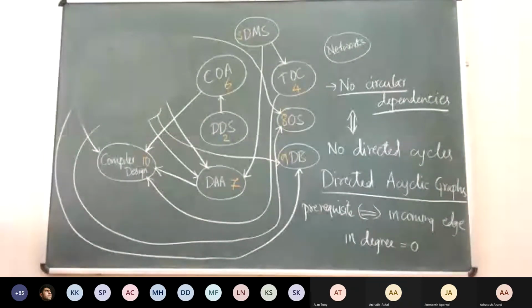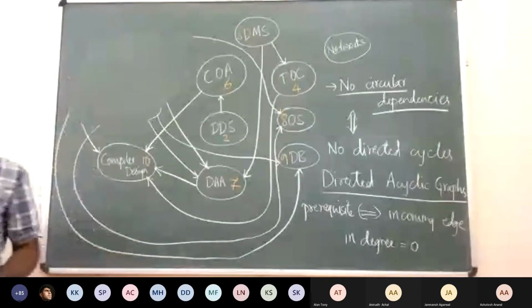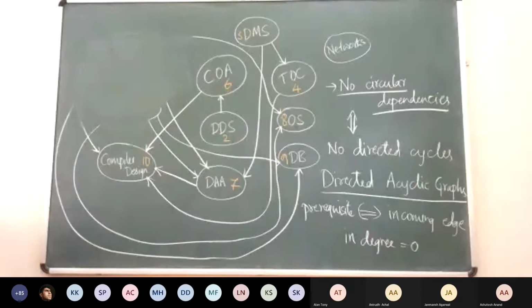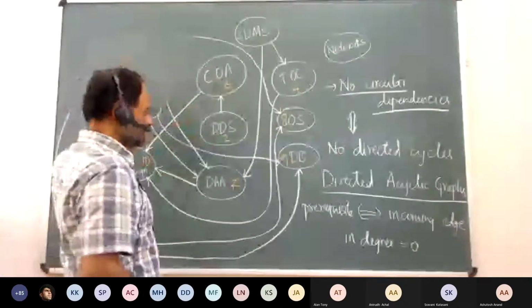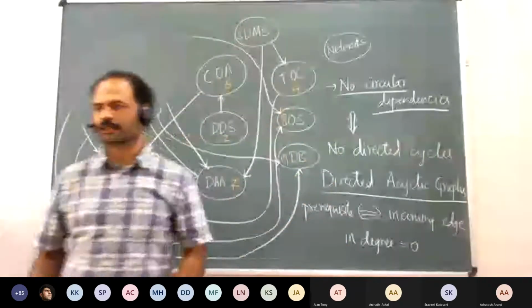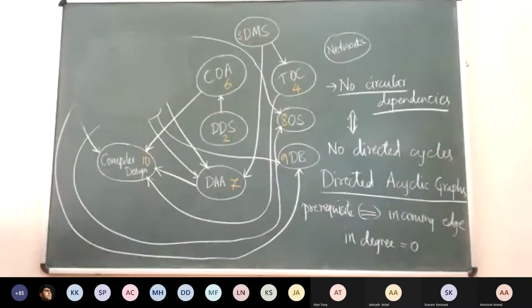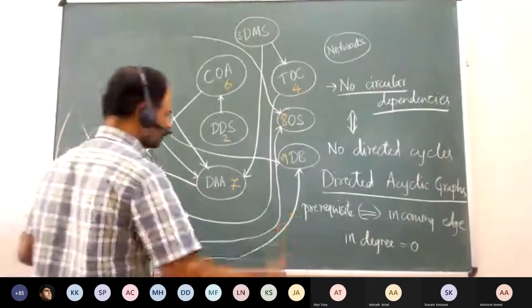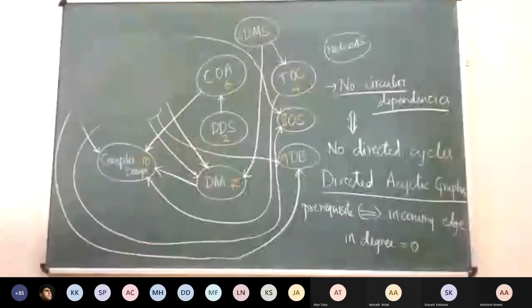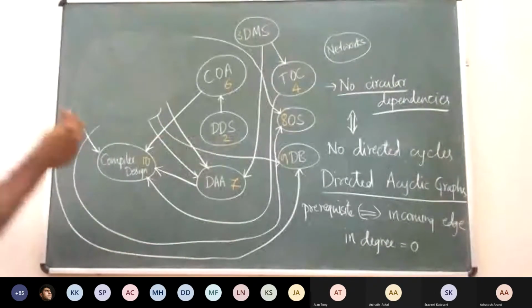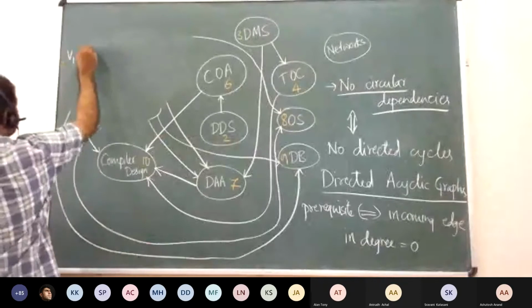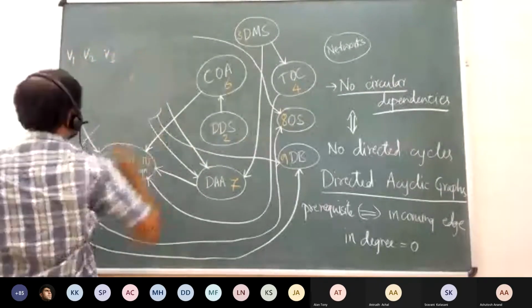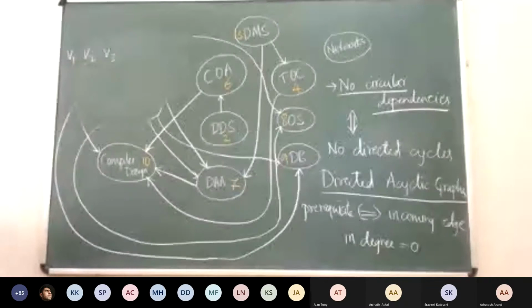I don't know where I lost you guys. So what was I telling? It was about the in-degree. Okay, we are talking about in-degree, right? So DMS, DAA, and C programming had in-degree 0. We could order them first, right? So basically, we initially put those vertices with in-degree 0. Suppose we get an ordering of these vertices, something like V1, V2, V3, and so on. Now, how do the edges look?